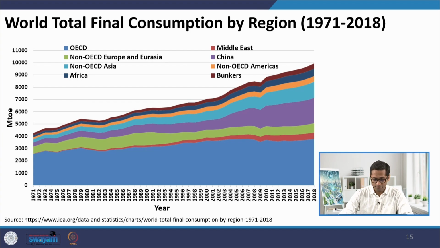And again, we also need to understand there are certain regions of the earth which are going to propel the energy use in the future. If you bifurcate the energy use and its increase, you will see that most of the OECD, which is the developed world, has almost stagnated in terms of energy consumption. Where do you see a majority of energy rise happening? It's basically China and other parts of Asia, of which India forms a major proportion. So we can see a great influx of energy increase happening in India, and it is up to us to decide how this energy is going to come up. And this is why the role of the hydrogen economy becomes even more pertinent.